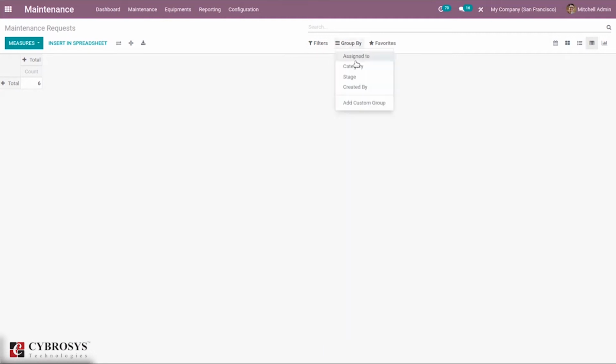Then we can group it according to category, assigned person, stage, created by, in this way. Okay, and regular reports of maintenance requests can be inserted in a spreadsheet.